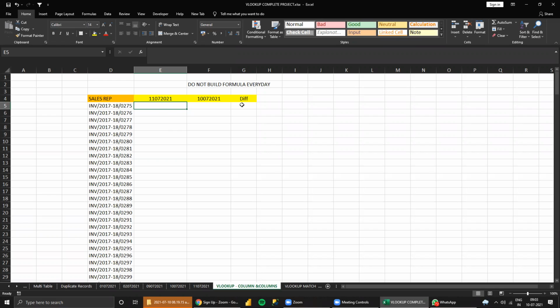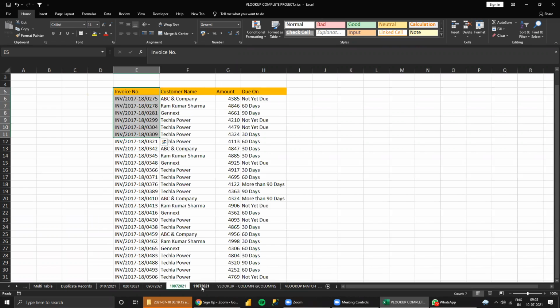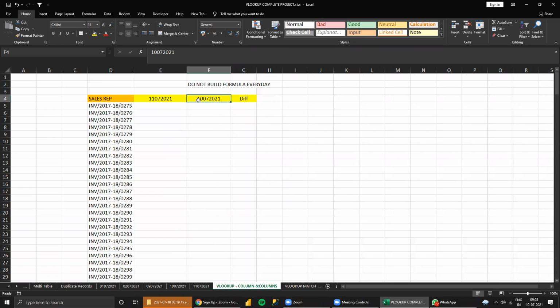I just need to paste the data in one sheet, and the difference comes automatically. Just change the date, and the difference will come. These details should be picked from the respective tabs, whatever dates you put, for that comparison. That's all. Daily basis you should do.